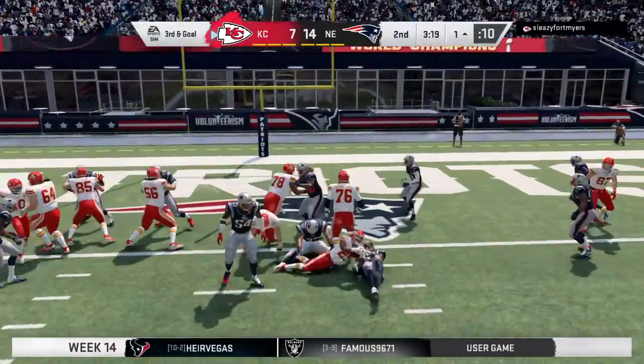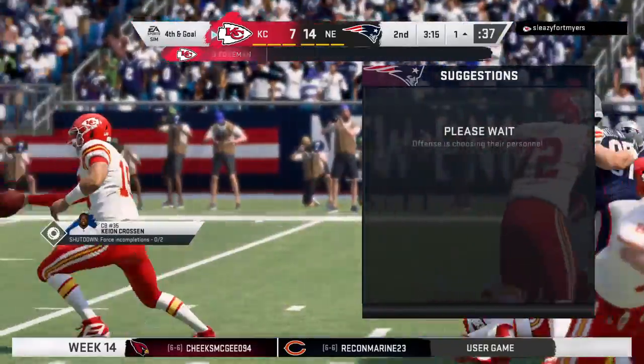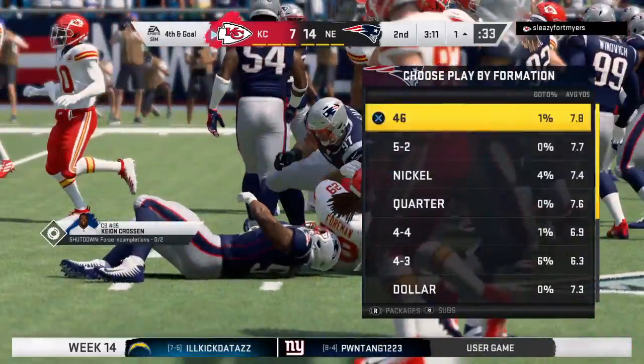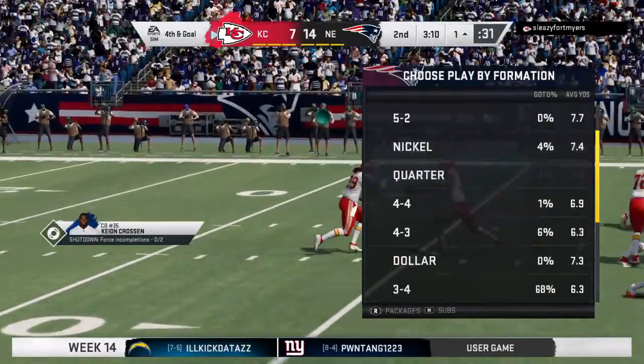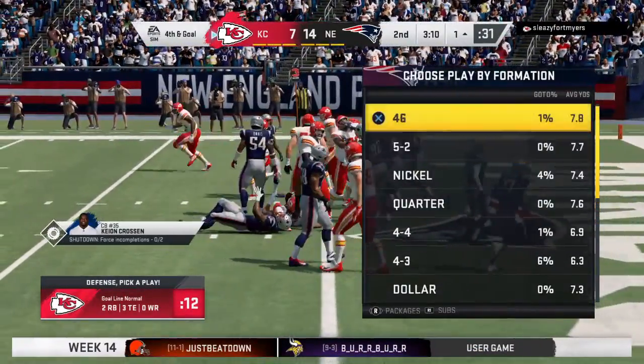They'll try to run this one in. He is going nowhere as he is enveloped behind the line. No gain on the play, and what to do now on 4th and goal. It's 4th and goal at the 1-yard